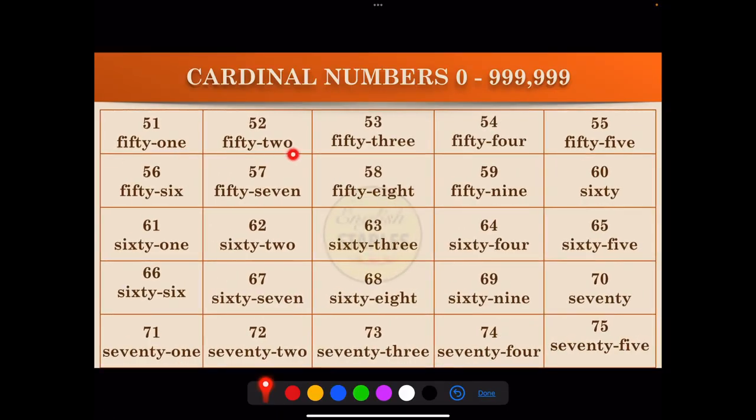51, 52, 53, 54, 55, 56, 57, 58, 59, 60, 61, 62, 63, 64, 65, 66, 67, 68, 69, 70, 71, 72, 73, 74, 75,